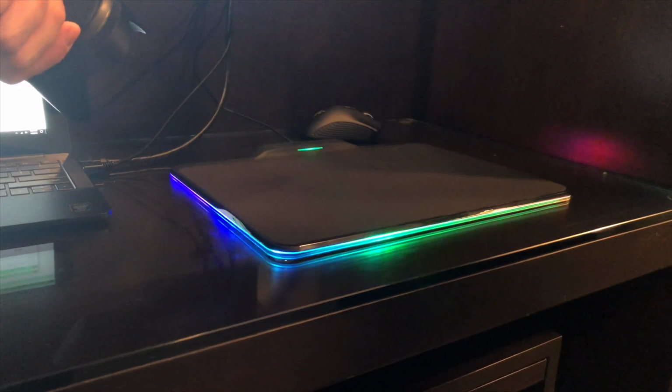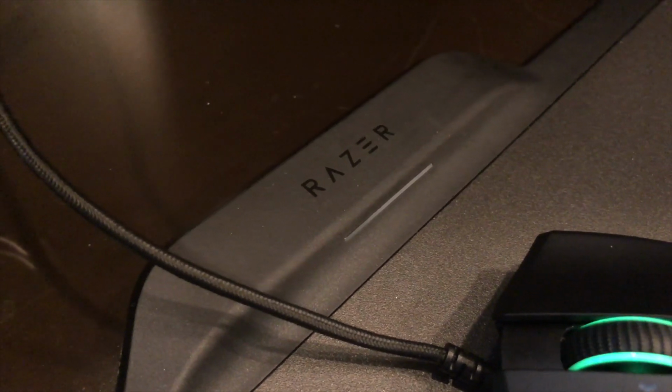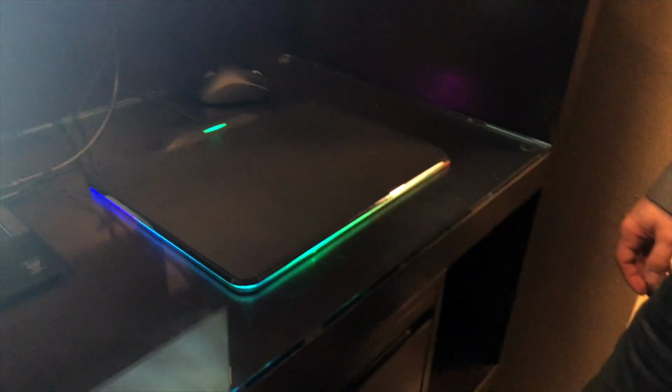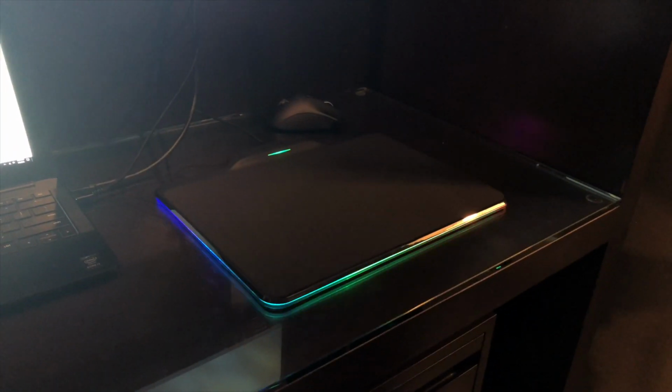So this is like the Firefly mousepad. You've seen it in the past. It has the CHROMA lighting and stuff, but now it has conductive charging. So while you're using this, it'll start to charge. But a great thing about this is it has the dual hard texture and the cloth matte surface as well. You could just flip and swap at your pleasure to give you whatever kind of texture you like the best